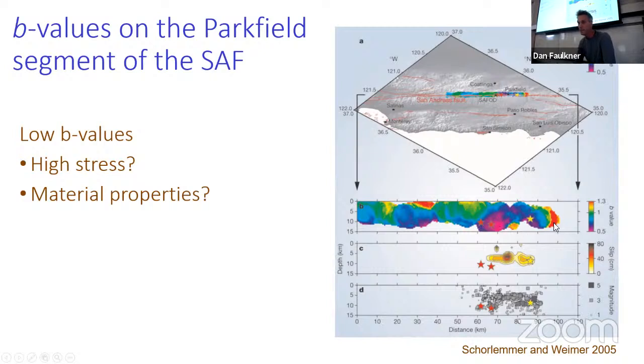And if you believe our study, then these low B values are related to velocity weakening materials. So this is exactly where we would expect earthquakes to happen. And in areas where the B values are very high, so in these regions just here and maybe these green regions, that would be related to velocity strengthening materials, and this is where we would expect fault creep, and that's exactly what you see in California.